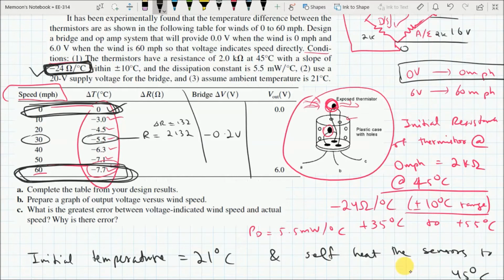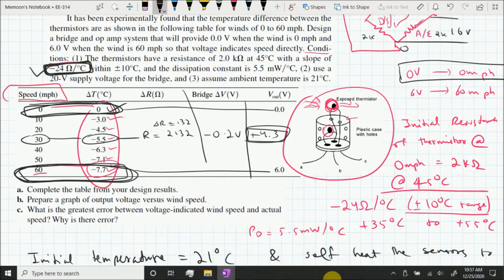So the V out will be equal to minus 0.2 into 22, approximately negative 4.4, positive 4.4 volts. So we wanted to have a 3 volt output when the wind speed was 30 mph, but we are getting 4.3 volts. Similarly, here we are getting 0, here we are getting 6, and for the other calculations, we are getting here as